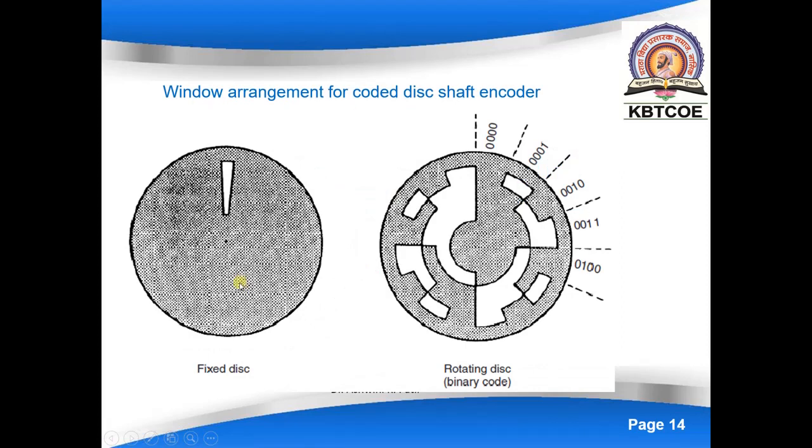This is the absolute coding arrangement for absolute encoders. We can see here it is colored like 0001. It is transparent and opaque. Transparent is 0 and opaque is 1, and then 0. Here 0011, here like this. This is how this disk is coded, and accordingly the output at one end. There are 4 sensors and 4 light emitters placed at both sides of the disk. Here this is a fixed disk, only one slit is there, so it can give the relative output here.